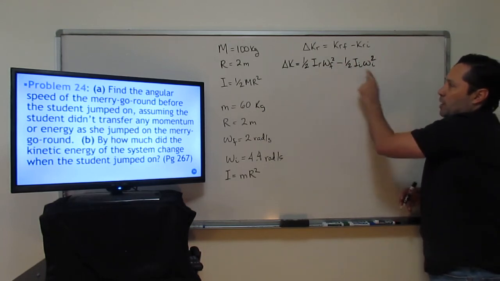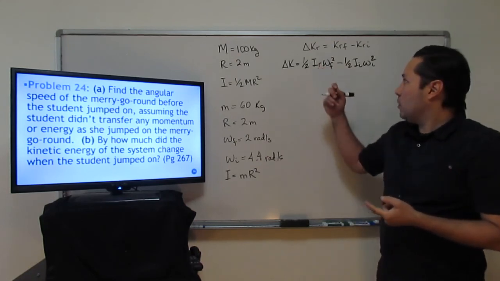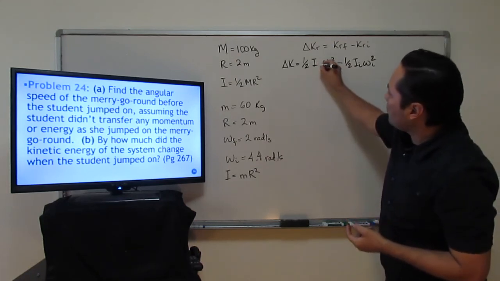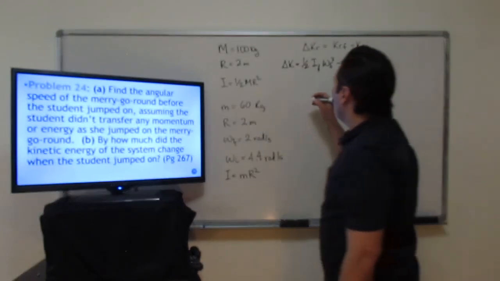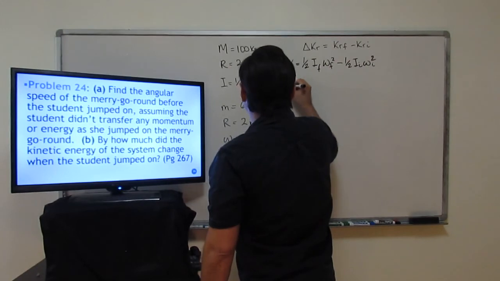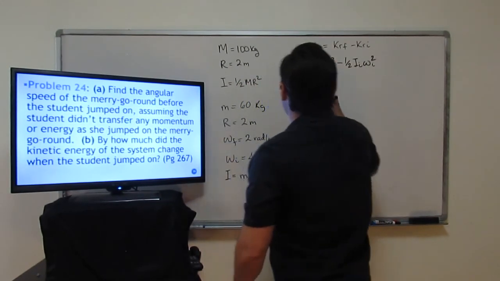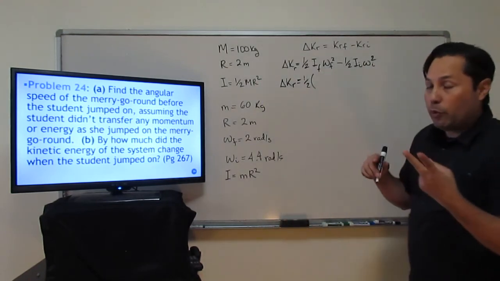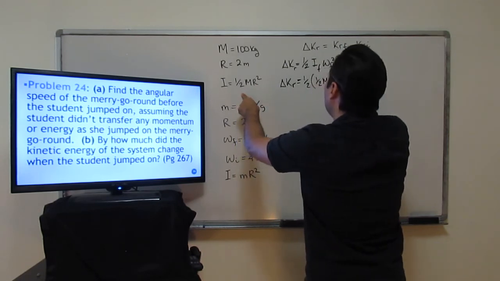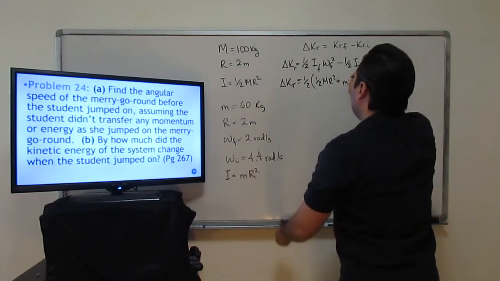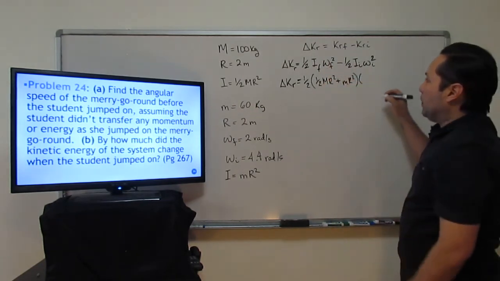Now let's work with the I. All right, the I is the moment of inertia. The final one has both the student and the disk spinning. All right, so that formula, we're going to flesh it out just a little bit more. So it's going to look like this, 1/2. And again, final's got both of them. The disk, 1/2 mr squared plus the student mr squared multiplied times the angular speed final,